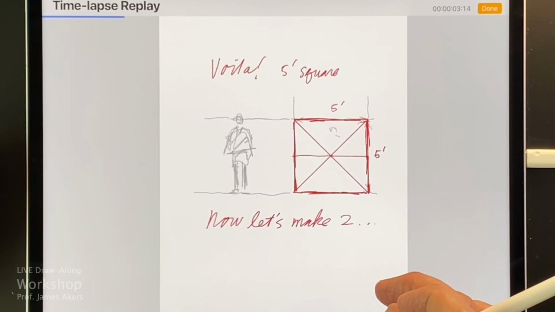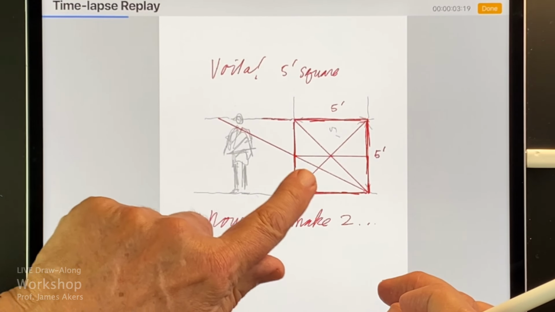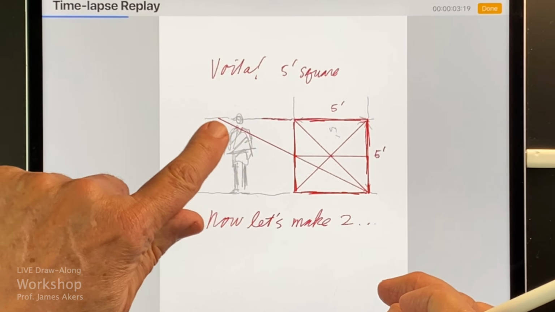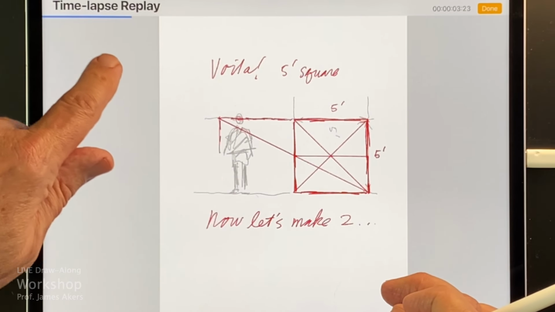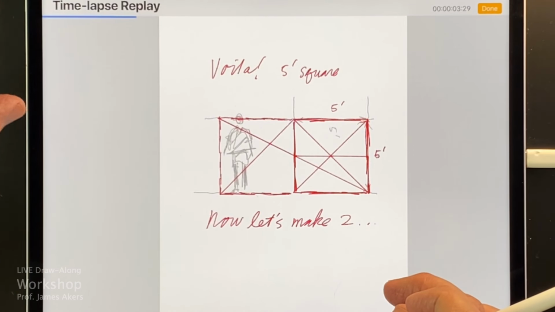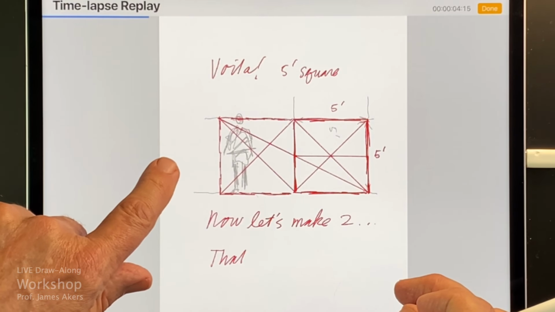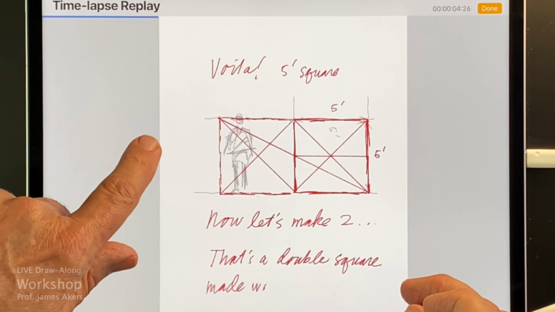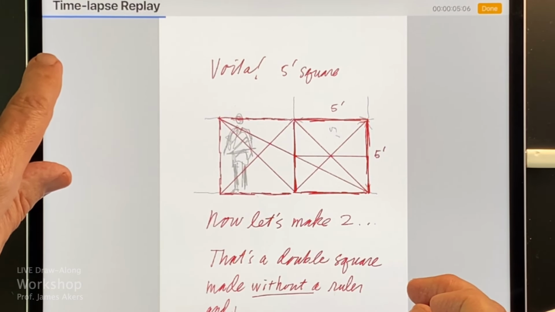Now let's make 2. There's a trick where you can run a diagonal line through half of the square, and where it intersects on this side, it'll also be a square. This is just a quick way of making 2 squares. Shout out at any moment if you guys have a question, okay? So there's my 2 squares. Again, I'll send you this file so you can hit the replay. That's a double square. I'm reading this for the first time in about 4 months too, so that's funny.